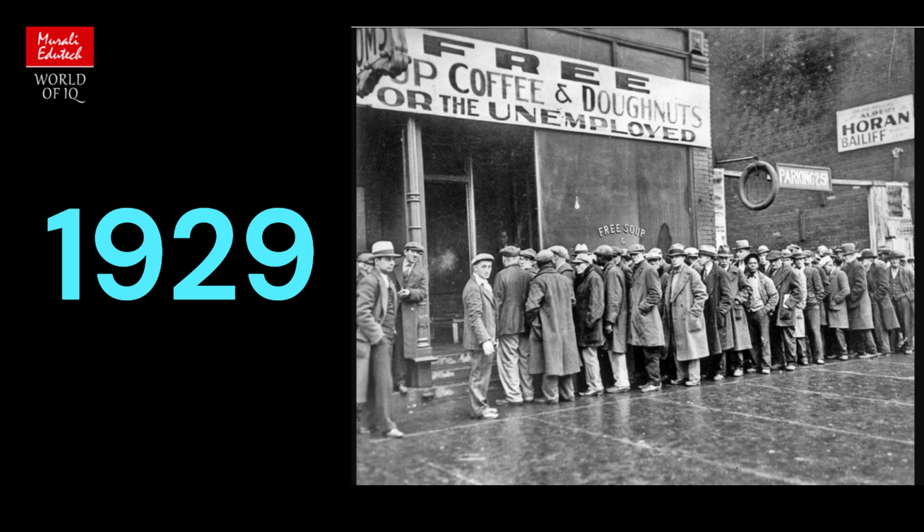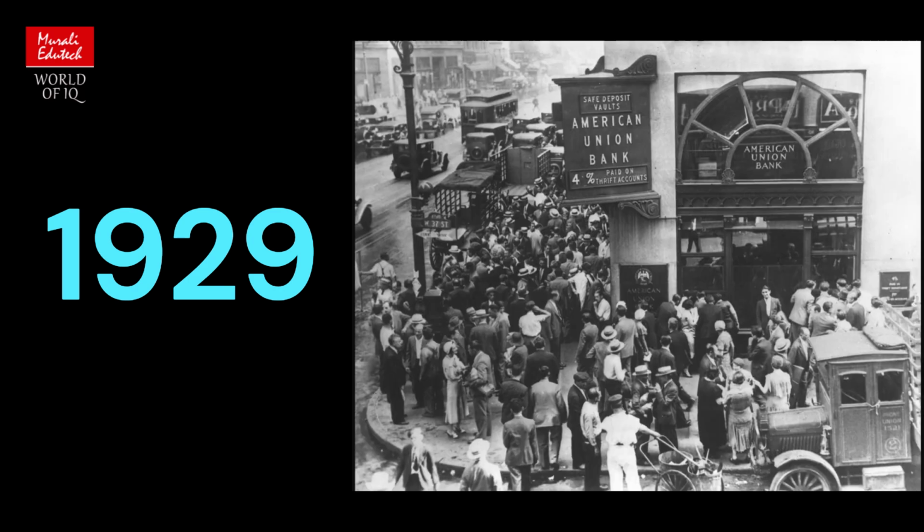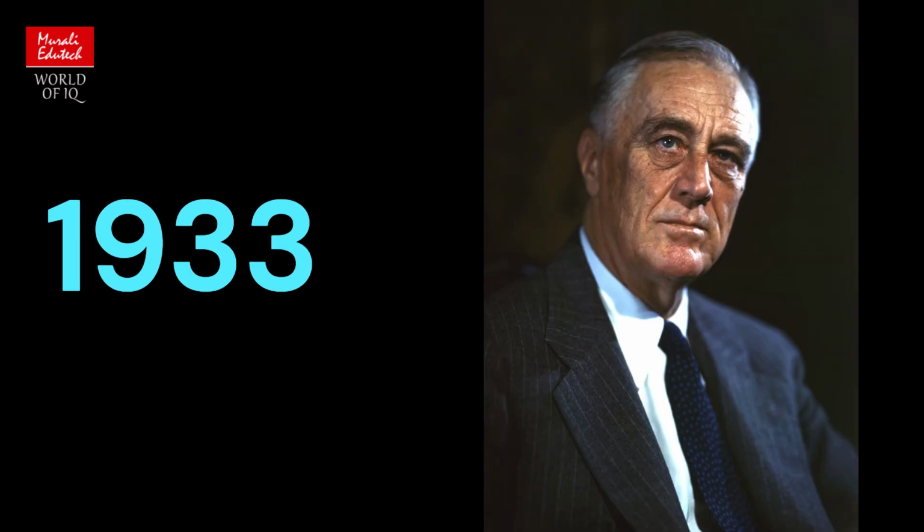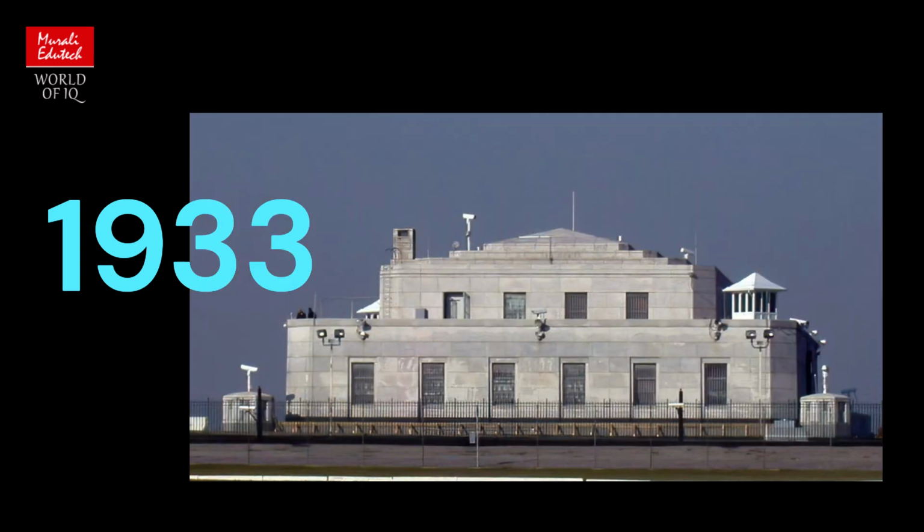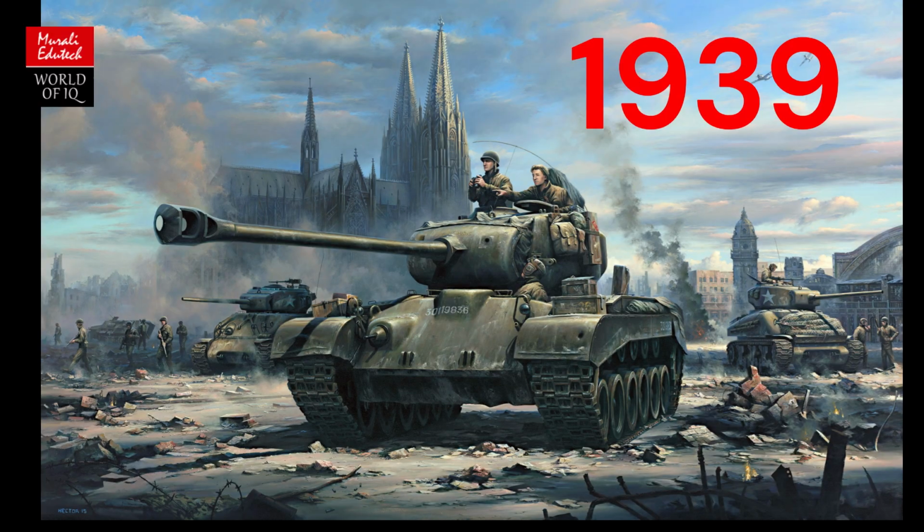1929. The Wall Street crash triggered a prolonged crisis in the United States known as the Great Depression. In response, investors started to stockpile gold as a secure asset, leading to a 30% decline in the value of the dollar. 1933. President Roosevelt mandated that Americans convert their personal gold into dollars, resulting in the establishment of the world's largest gold reserve at Fort Knox.